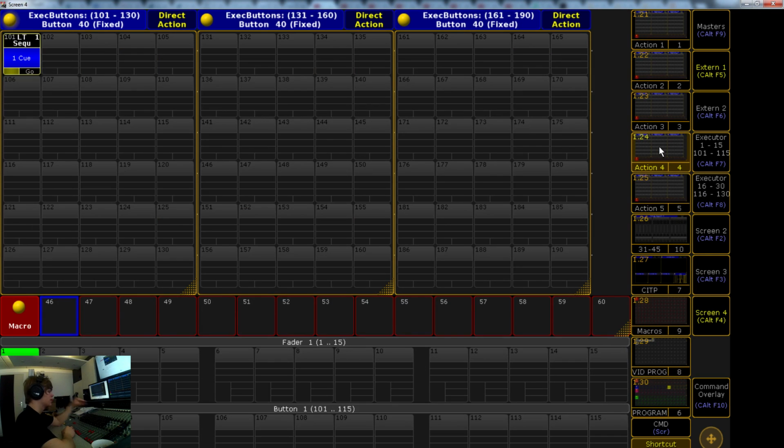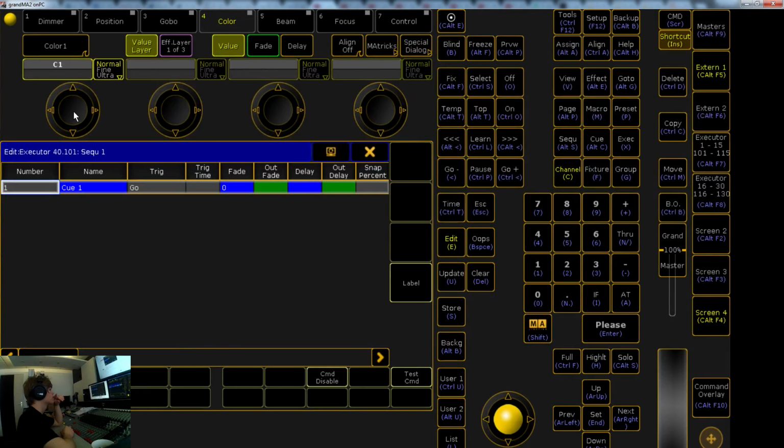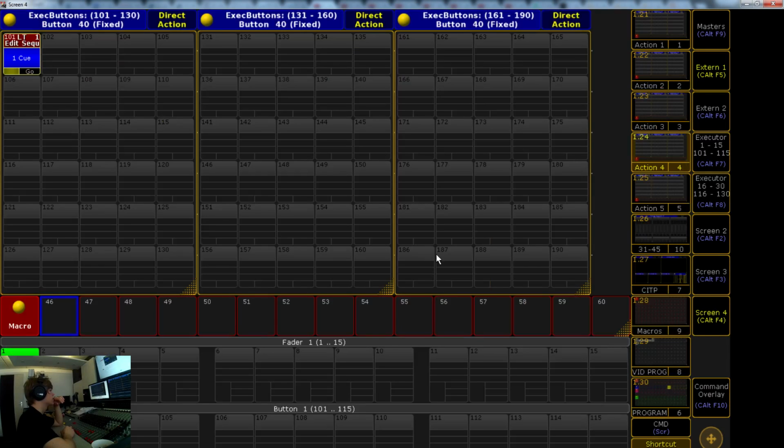Normally the color would be red. Let's edit this one, edit current queue. It's empty. Update, just